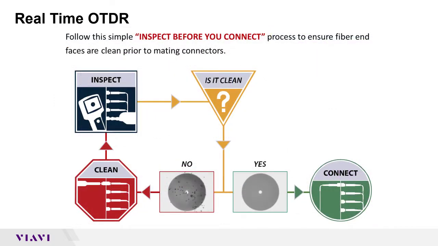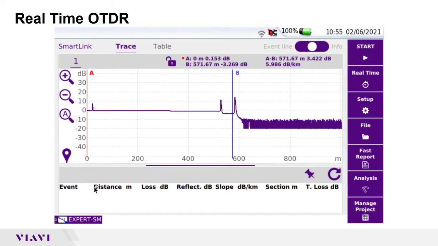Of course, you have to respect all the inspection guidelines before connecting the fiber to the OTDR port, and inspect the OTDR port as well. Now, once all the cleaning and inspection is done and the fiber under test is connected to the OTDR port and the patch panel where you want to test the fiber, you see on the right-hand side